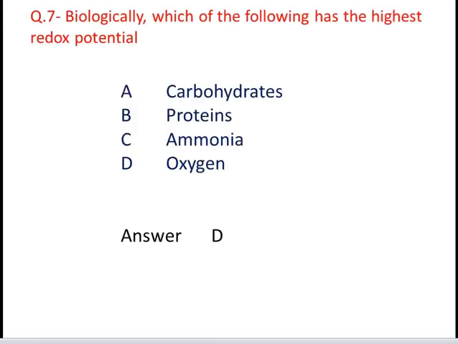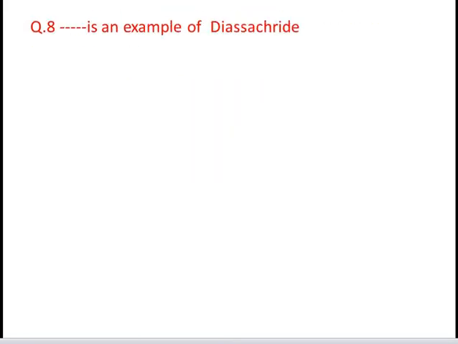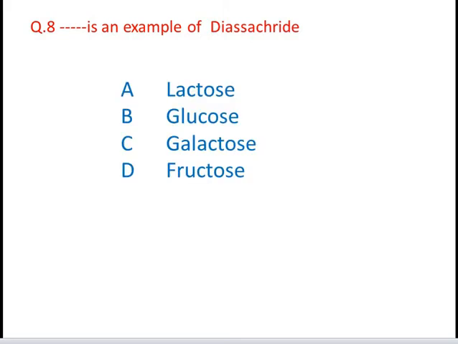Next question is, dash dash dash is an example of a disaccharide. These are the four options: A. Lactose, B. Glucose, C. Galactose, D. Fructose. Yes, answer is A, that is lactose. All others are monosaccharides and are hexose sugars, while lactose is a disaccharide which is made up of glucose and